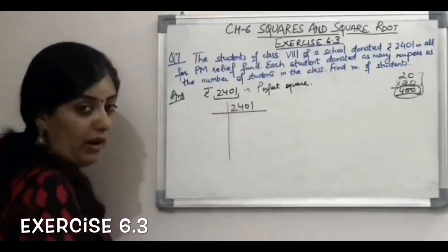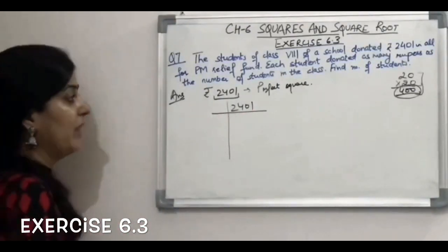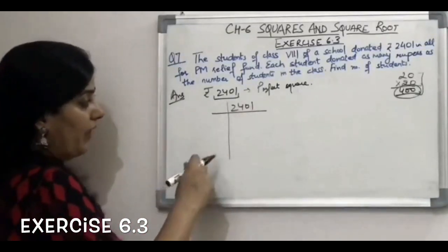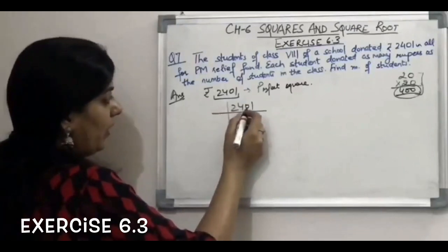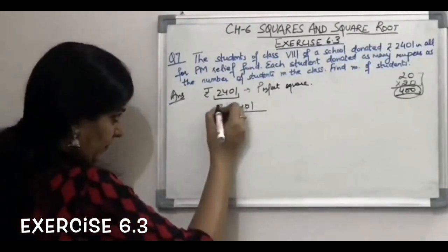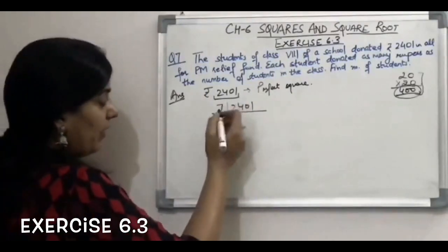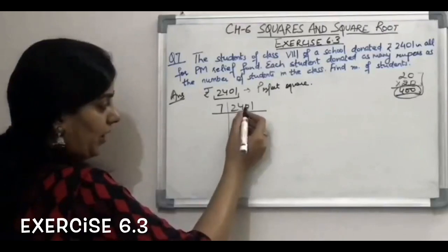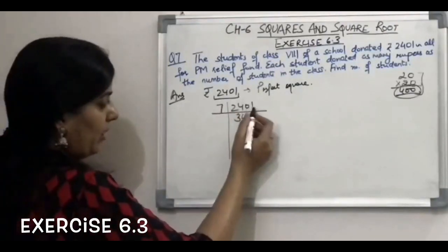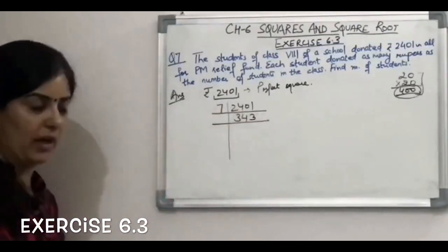Again it is an odd number. 6 plus 1 is 7. This is not divisible by 3. Will not be divisible by 5 also. Now let us check for 7. 21. Yes, it is divisible by 7. Now 7 3 is 21. We have got 30 here. 3 remainder आए तो 30. 7 4 is 28. We have got 2 remainder here. 2 and 1 is 21. So again 7 3 is 21.